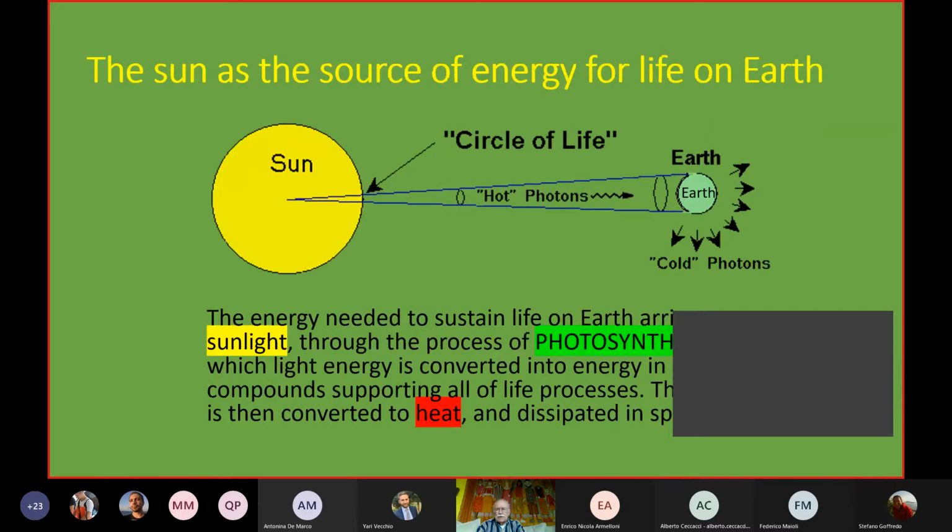Okay, so we start with the solar radiation and the way that light penetrates water bodies. So, as you can see, life on the planet, at least as far as we know, is based on the fraction of the solar radiation that is light, because other parts of the solar radiation cannot be used directly to support life.